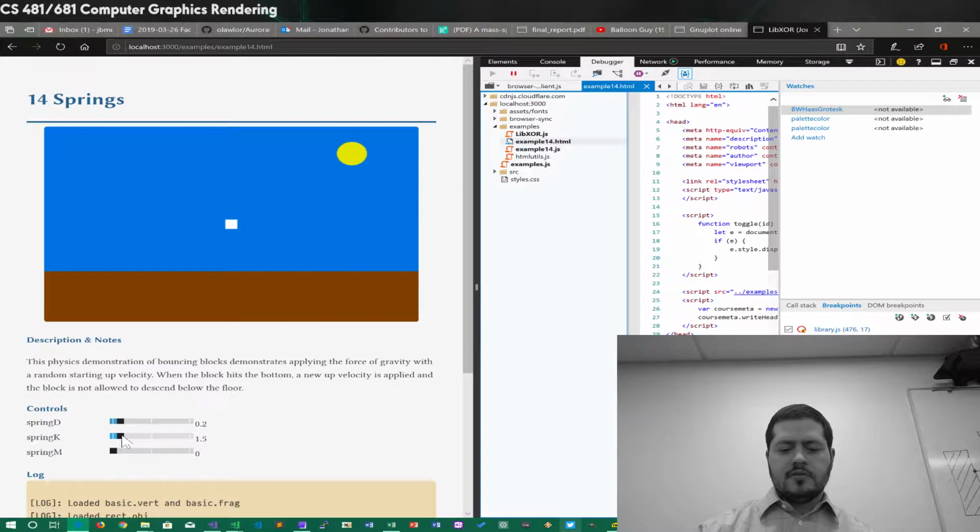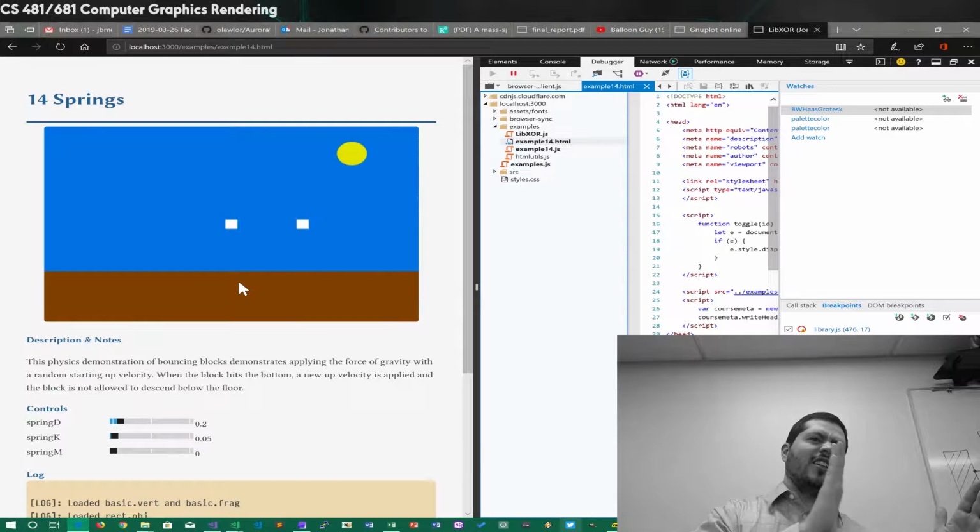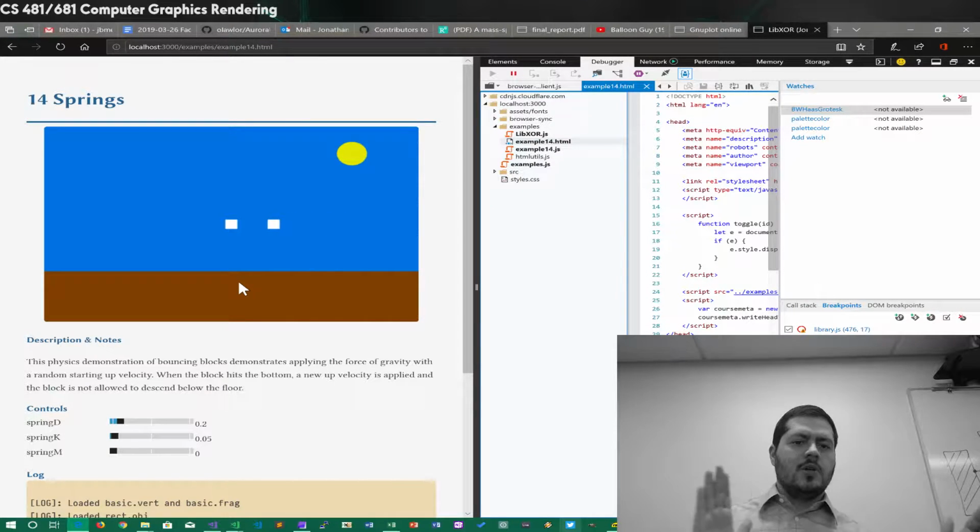If we set this very, very small, then it's like trying to push down on that spring. Which is exactly what we're seeing here. Okay. So even though the damper